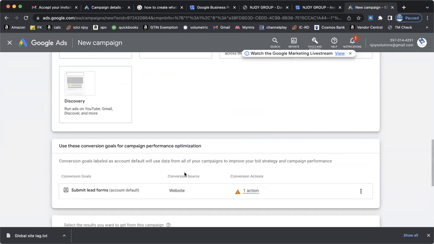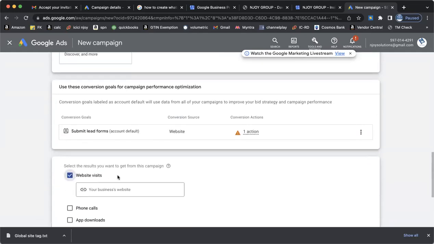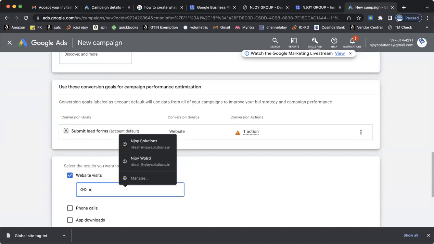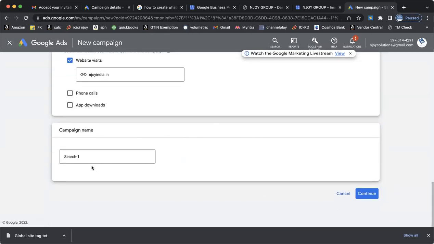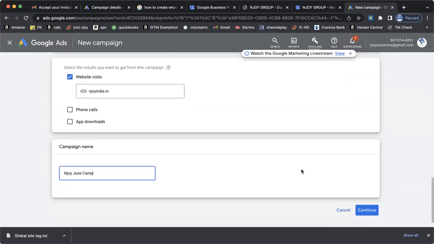कन्वर्जन गोल्स लिमिटेड। तो वो पिछला जो भी आपने वेबसाइट एड्रेस दिया होगा, वही आपको यहाँ पे दिखाई दे रहा है। तो कोई प्रॉब्लम नहीं है। हाँ, यहाँ पे कैंपेन नेम चेंज कीजिए। फॉर एग्जांपल जून कैंपेन। अभी कंटिन्यू कर दूं? हाँ, कंटिन्यू कीजिए।